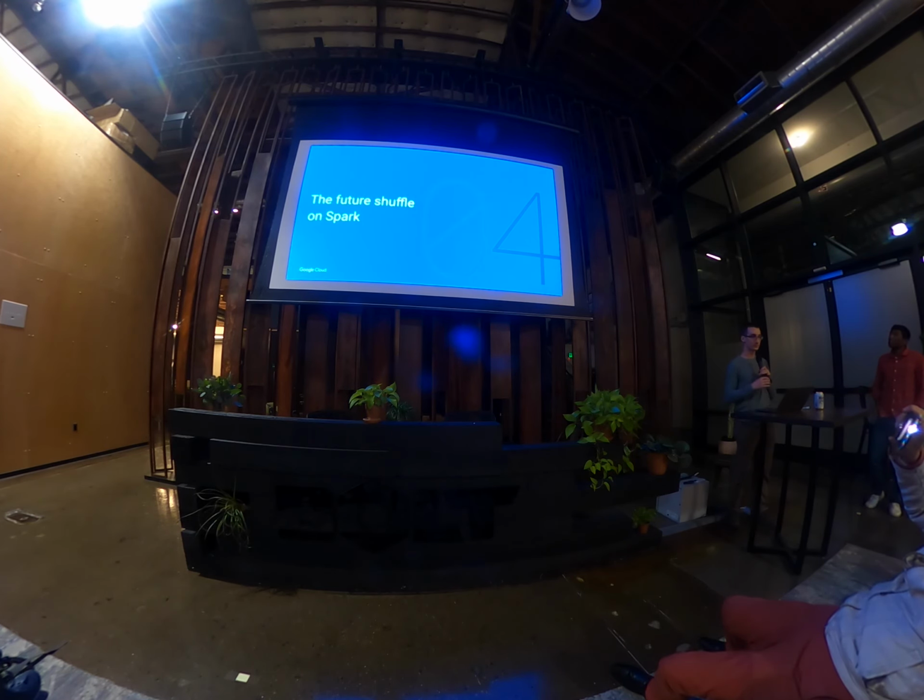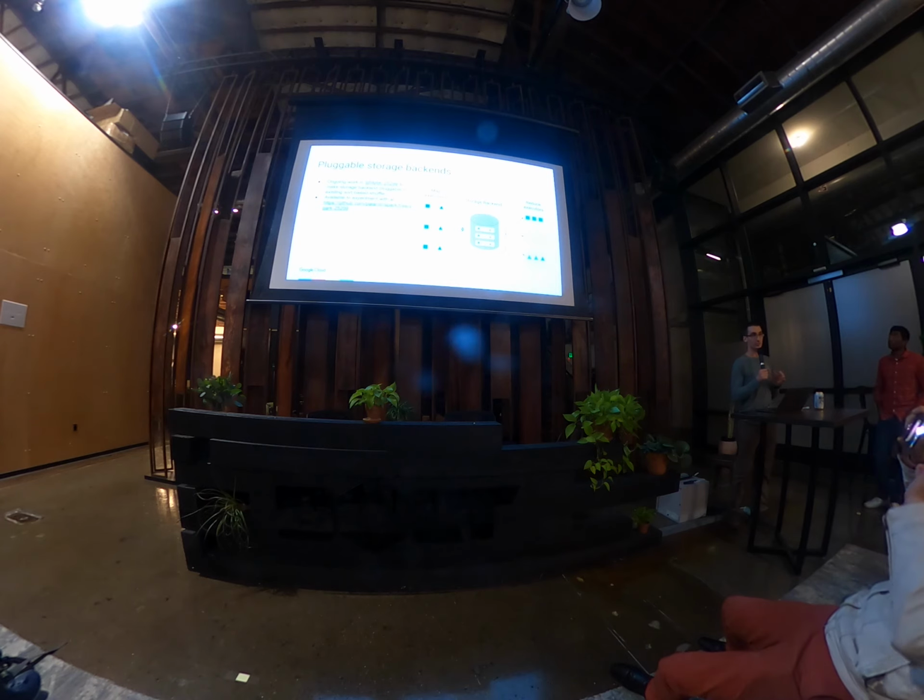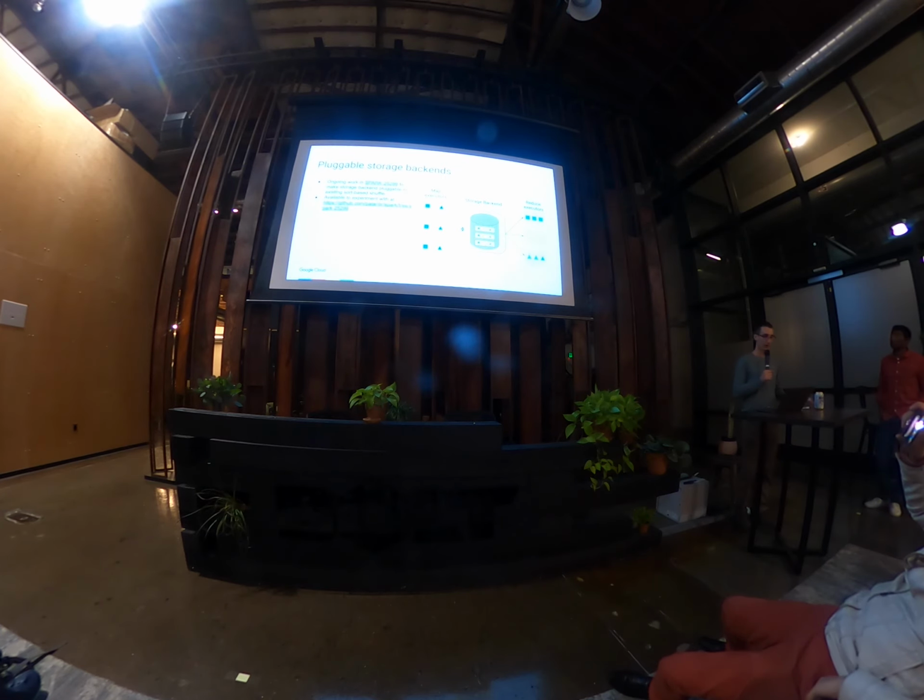All right, so the experiments look good. This works pretty well. It's something that Spark knows about, and so there's actually stuff happening in the Spark community right now. The primary one being SPARK-25299. So this was open as a SPIP, and there's public documentation that you can read along with if you're interested in this effort. But basically, it is taking that first idea, sort of the HDFS shuffle backend, and generalizing